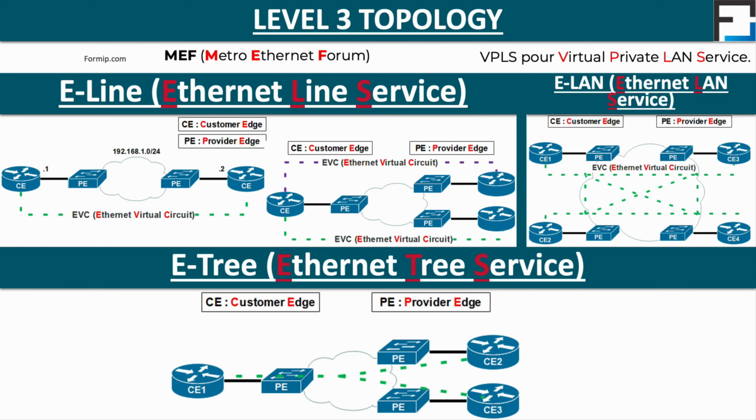And the third topology is Ethernet Tree, which is in the shape of a tree. That is to say that there is a root. Here, it is the router CE1, and there are leaves. These are the routers CE2 and CE3. This topology is useful if you have a central site and a few other sites that primarily need access to the resources of the central site. So, communication between CE2 and CE3 is still possible, but it will be necessary to go back to the main router, the CE1,